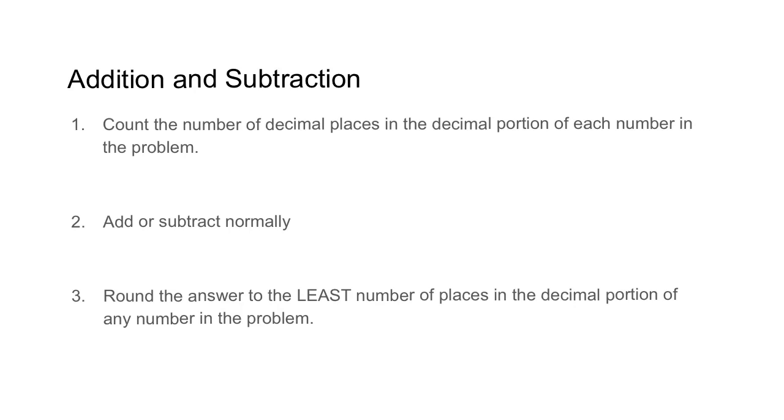And we are going to add that, and we want to know what our precision is here. So first we count the number of decimal places in the decimal portion. This one's got 1 decimal place. This one's got 3 decimal places. Then we add and subtract normally, and so we are going to get